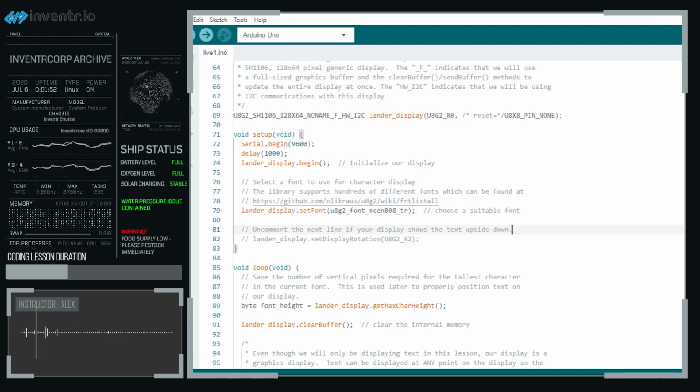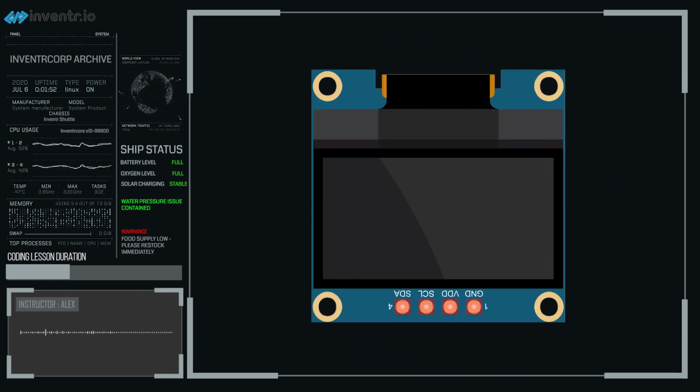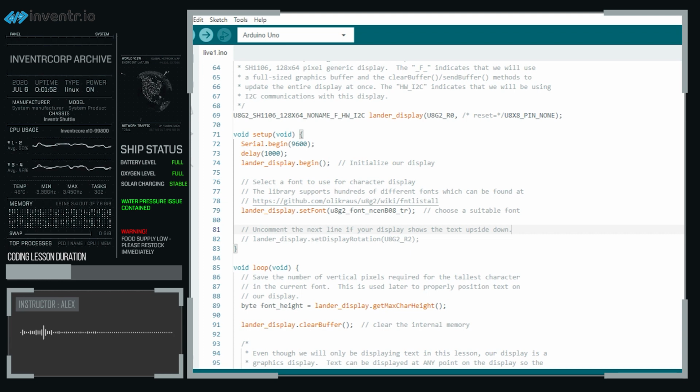Now, this is how you would set the rotation if you want it to be upside up. And by upside up, I mean where you're holding it and the pins are supposed to be on the top, and that should be where you're looking at it from. But let's just say you have it set up on a contraption where it doesn't make sense to have it orientated that way. You can actually rotate it 100% upside down, essentially flipping whatever's on the screen 180 degrees by